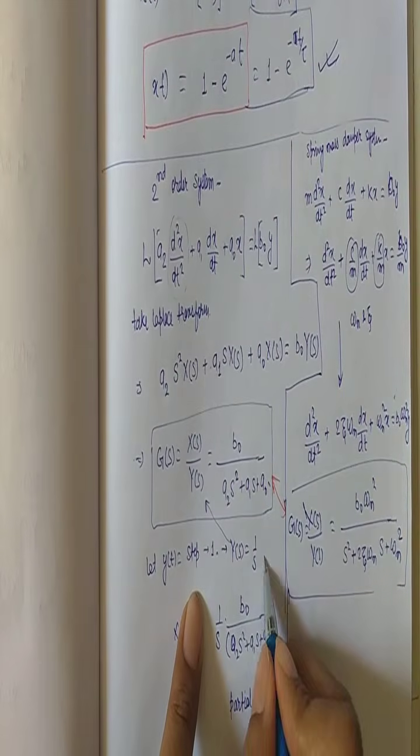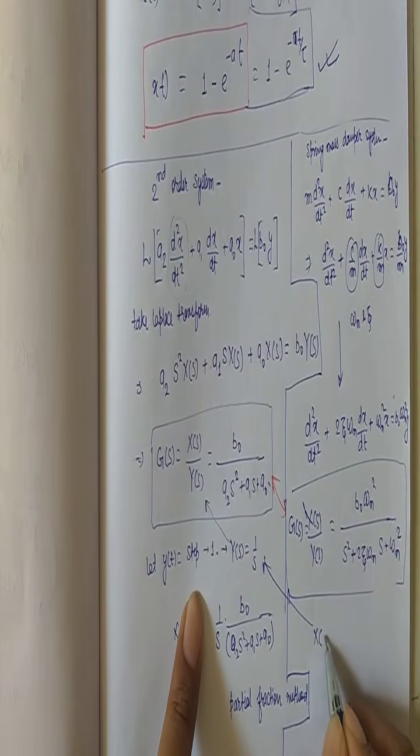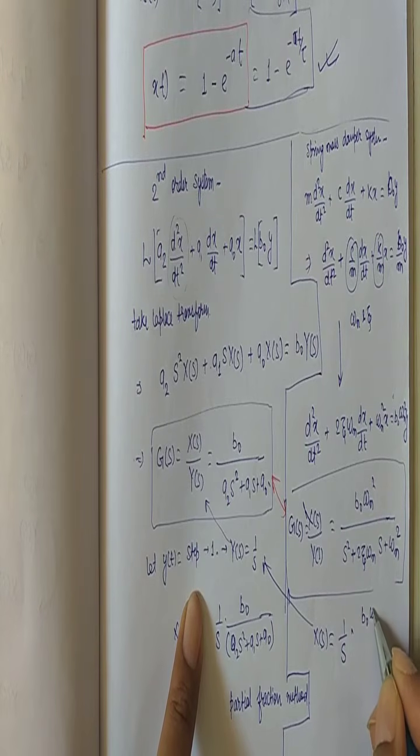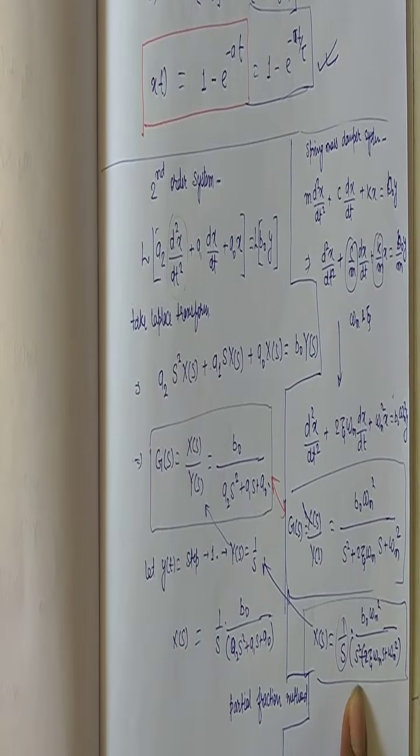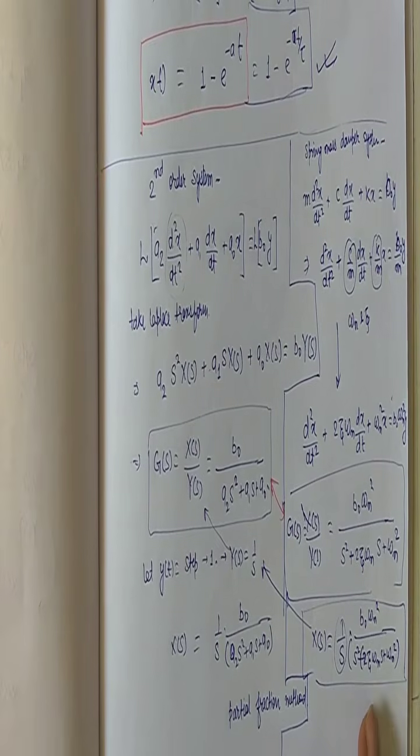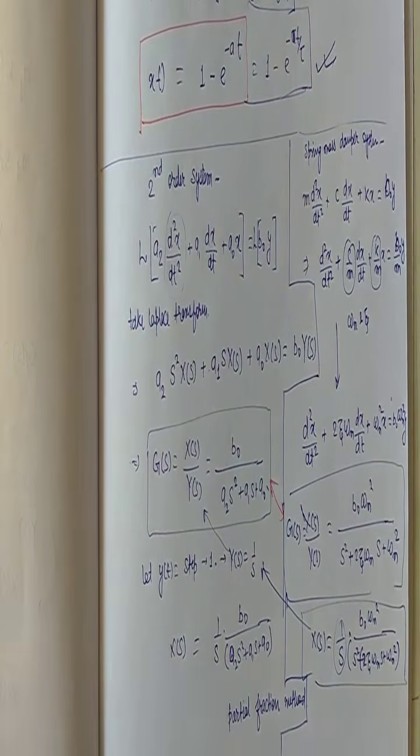Again you will do some similar things. Let's suppose you have a step input, and if you want to seek my Xs, I will multiply b naught omega n square over s square plus 2 zeta omega n s plus omega n square with 1 upon s, since this is my step input. So this is your output response of the system. Let's take an example over this.